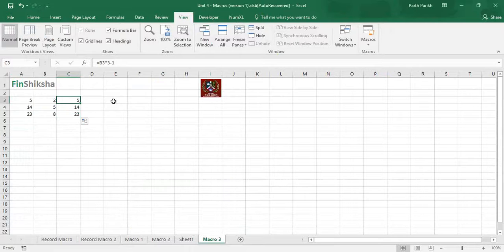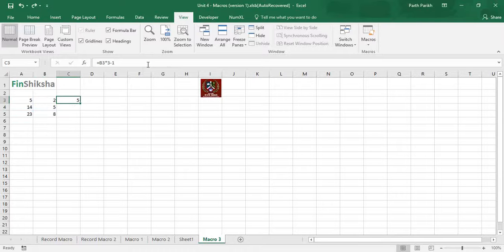So if you have written a macro, unless I open that particular macro and understand it, I will surely not come to know what you have done. See here, there is no formula as such, there is only output. But in this case, there is surely a formula, and I can actually go and have a look and see, acha, you have multiplied this by 3 and subtracted one value.